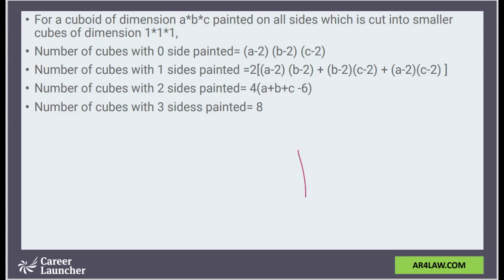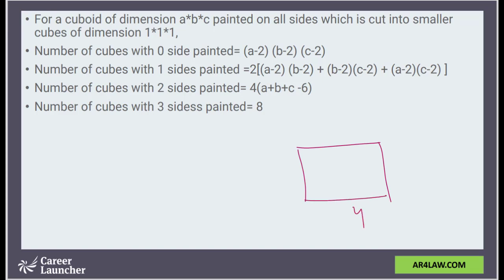So let's say we have a cuboid with dimensions 4, 5 and 6. That means the length, breadth and height are all different. So here we can say A is equal to 4, B is equal to 5 and C is equal to 6.